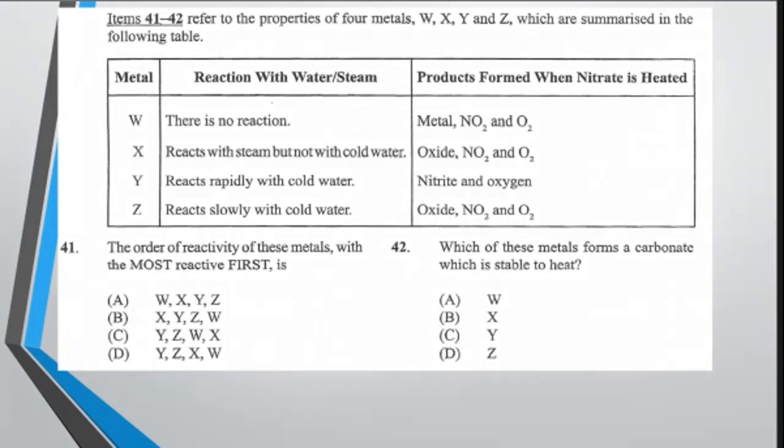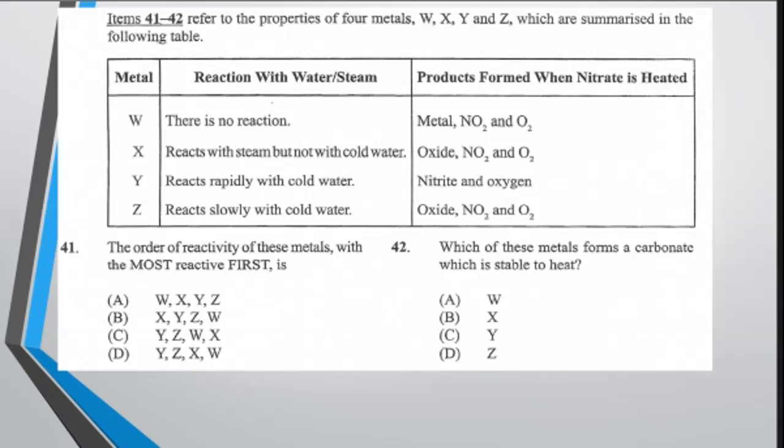Questions 41 to 42 refer to the properties of 4 metals, W, X, Y, and Z, which are summarized in the following table. W has no reaction. X reacts with steam, but not with cold water. Y reacts with cold water, while Z reacts slowly with cold water. So 41, the order of reactivity of these metals with the most reactive first is,